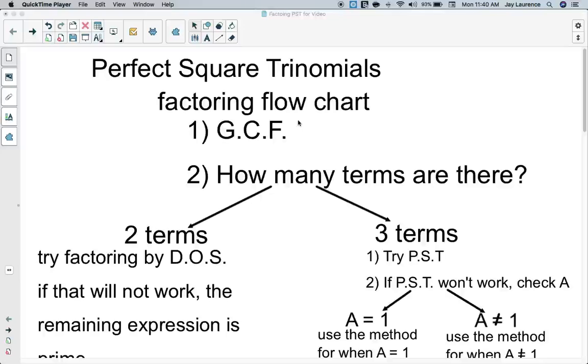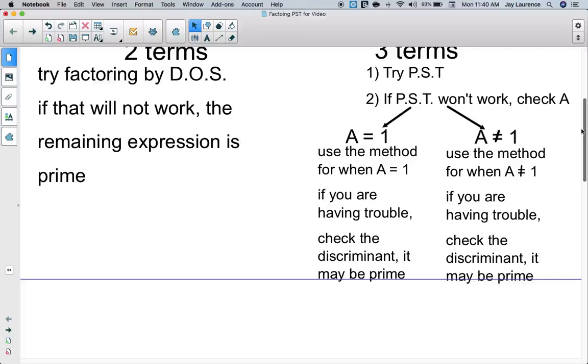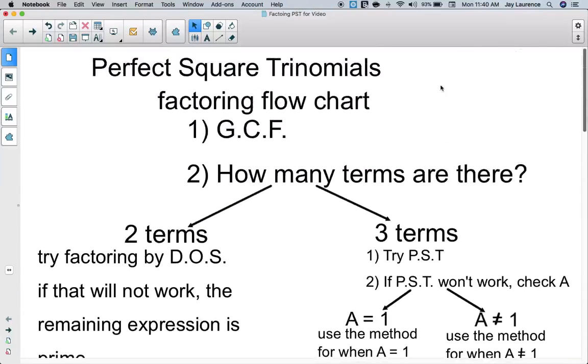Hello there, algebra students. Mr. Lawrence here, and here's that famous flowchart again. And this time we're going to be talking about trinomials where a is not 1. This is the most challenging of the different types of factoring, although some students seem to be